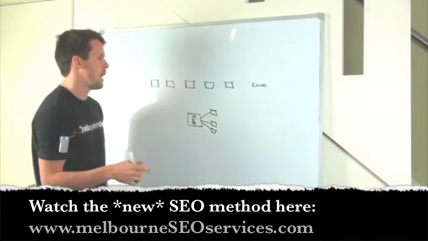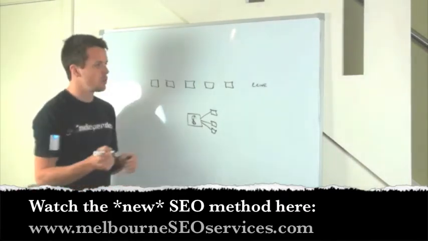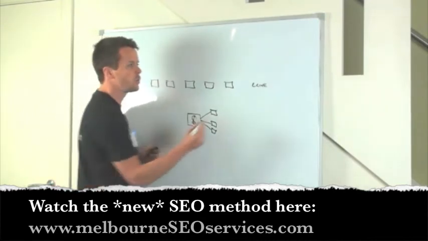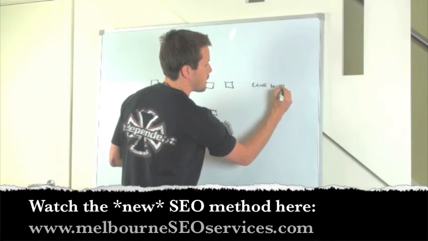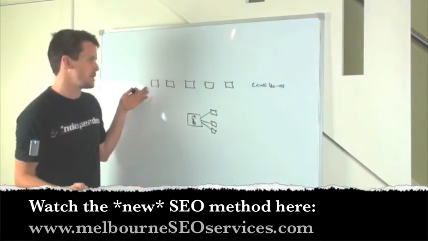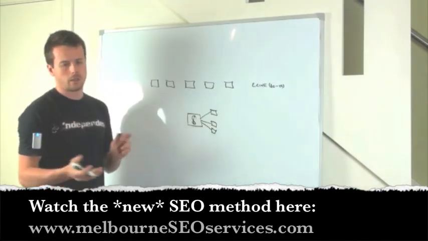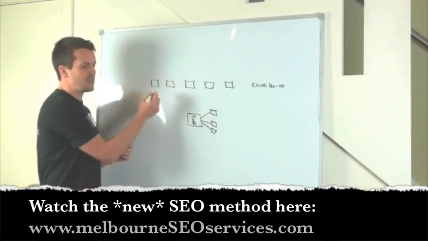So we start off with EzineArticles, and usually, to start off my SEO campaign, I'll do anywhere from 10 to 15 articles based on EzineArticles. And then obviously, in the resource box they enable you to link back to your website. Typically I'll be linking back